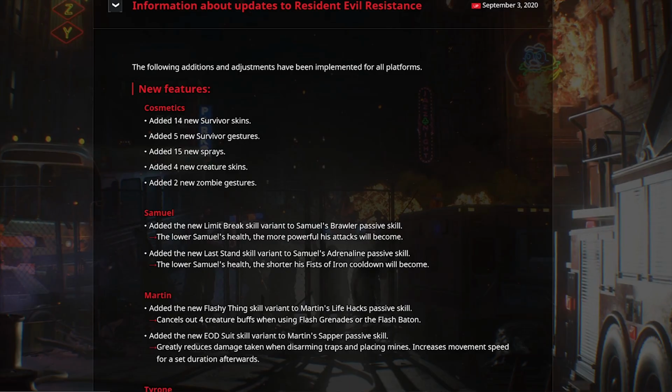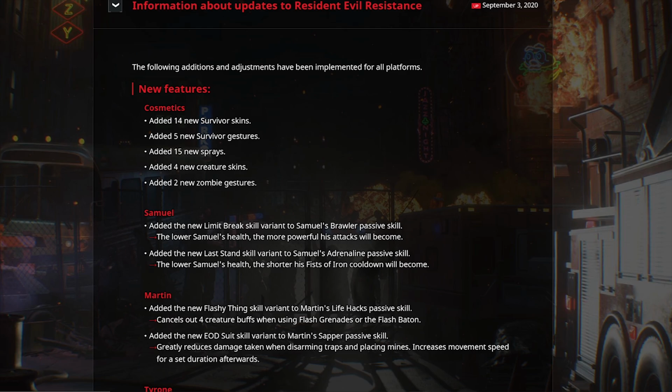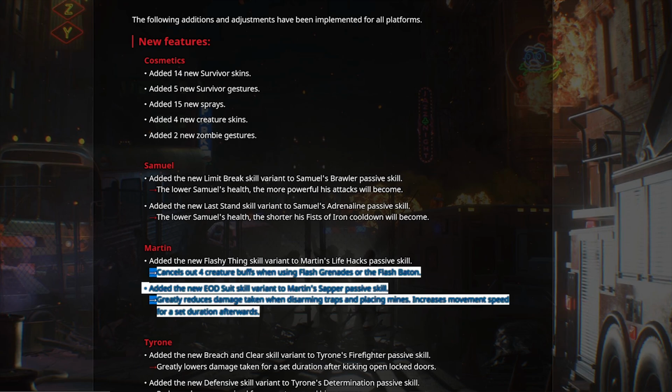Added the new EOD suit skill variant to Martin's supper passive skill. Greatly reduces damage taken when disarming traps and placing mines. Increases movement speed for a set duration afterwards. So pretty much as you're disarming traps, I'm assuming you greatly reduce damage taken, and then placing down another mine, and then you get increased movement speed. Okay, so this I guess counters Alex. Not really, because I don't know how fast this skill is when it comes to